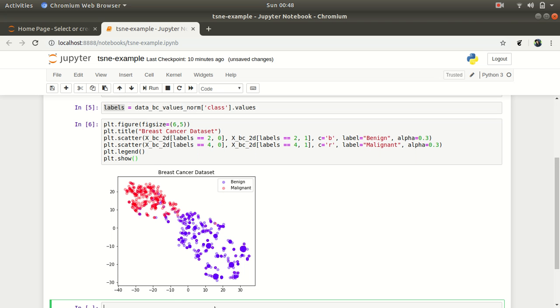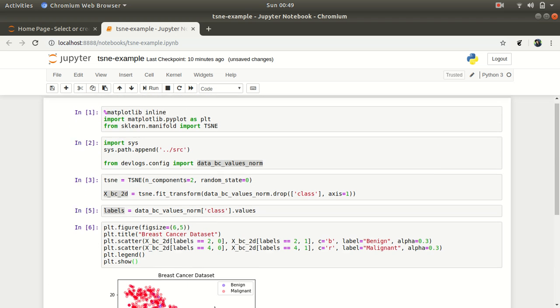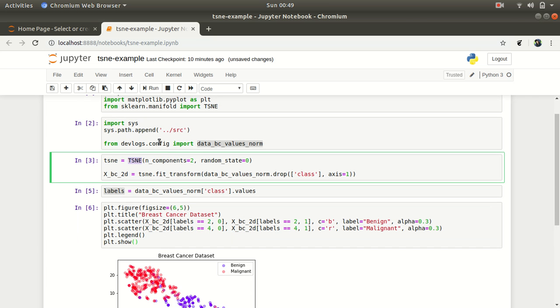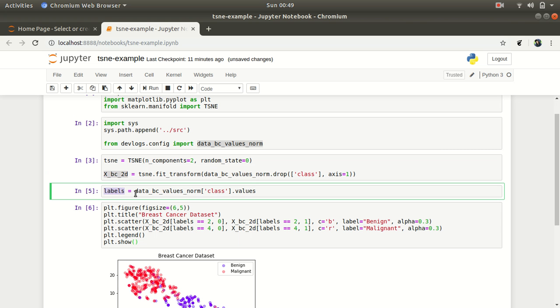So you can see here that with a few lines of code, we can take advantage of scikit-learn's TSNE to reduce the data from 9 dimensions to 2 dimensions. We drop, of course, the class column, with axis equal to 1. We can then transform that data using the fit_transform method from high dimensional space to lower dimensional space, and put it in another variable. We extract just the classification values to another variable, labels, and since xbc2d has the same rows as labels, we can then put it in our scatter plot